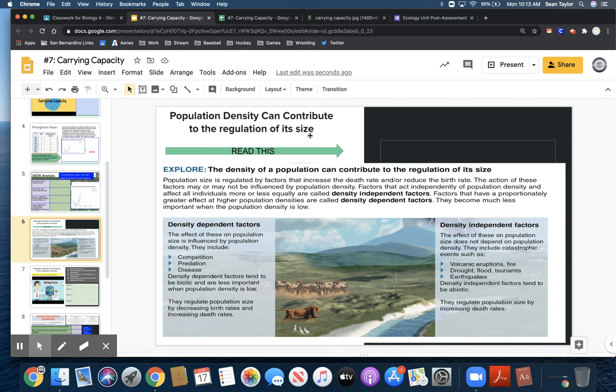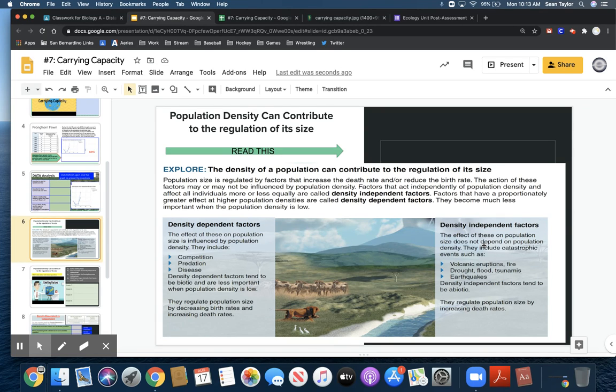Next is some reading. We do want to discuss what density dependent factors and density independent factors are. These are things that can control a population size that increase the death rate or reduce the birth rate. Some are density dependent, meaning that these are influenced by population density, meaning that it has a higher impact the more dense the population is, versus density independent factors, where population density does not really matter in terms of its